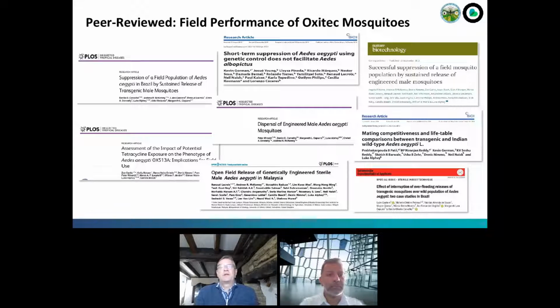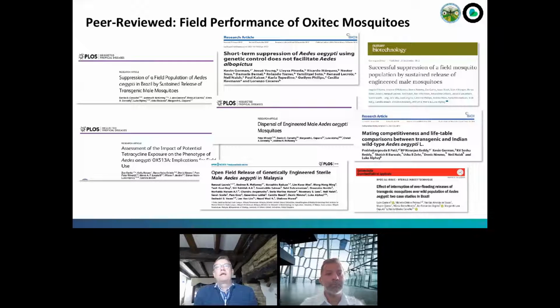Field performance, this is an area which obviously a lot of people are interested in. How does it do in the field, of course, and of course this is the area where the insects get out of the lab and start to generate a lot of attention. Lots of publications here,